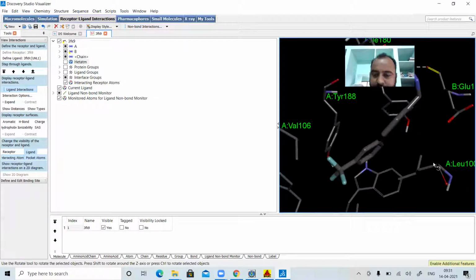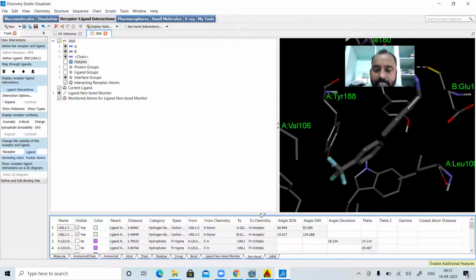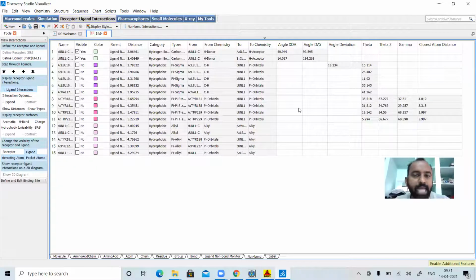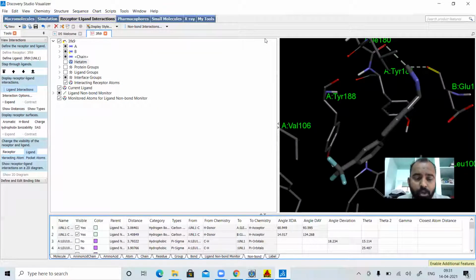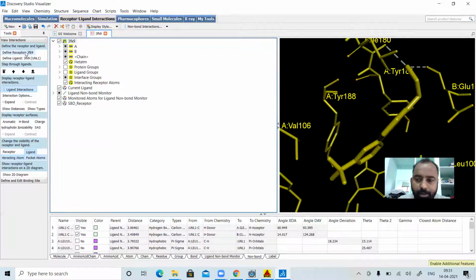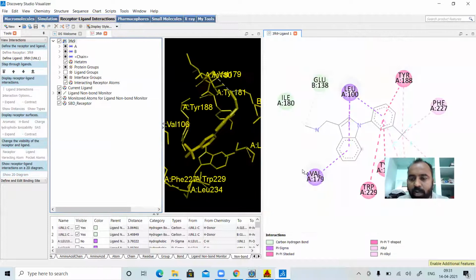Now you have to check the non-bond interactions. Go to non-bonding interactions, just click and see what type of interactions the molecule is exhibiting, whether it is having hydrogen bonding, hydrogen acceptor, pi orbital interactions, or hydrophobic interactions. These are fundamental information which you get from docking. The next thing is you can even go for two-dimensional visualization of your protein. For that, you just click on the protein, click as protein and go for show 2D diagram. Once you do that, your 2D plot will also be displayed.